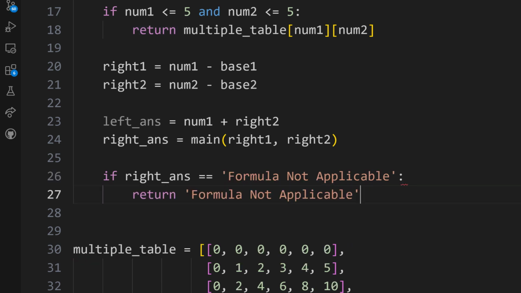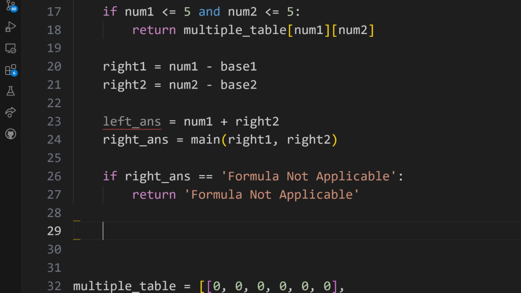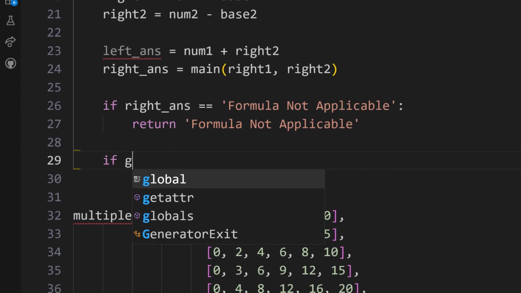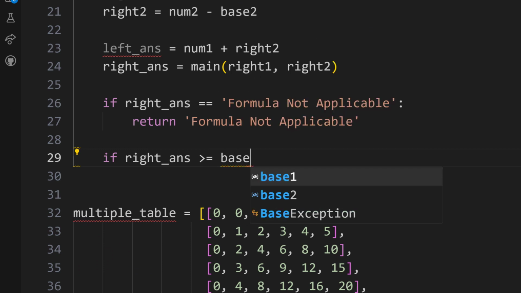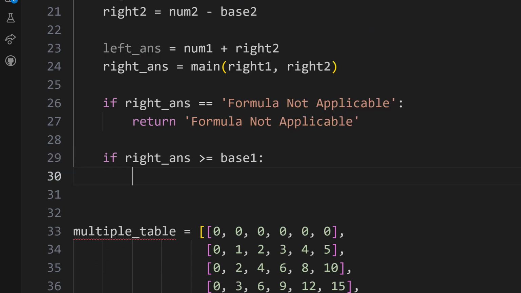Then we can return formula not applicable. Cool. Now let's get carrying. So we discussed carrying, we can implement that now. If the right answer is greater than or equal to base 1, and right now we're just using one base for now,